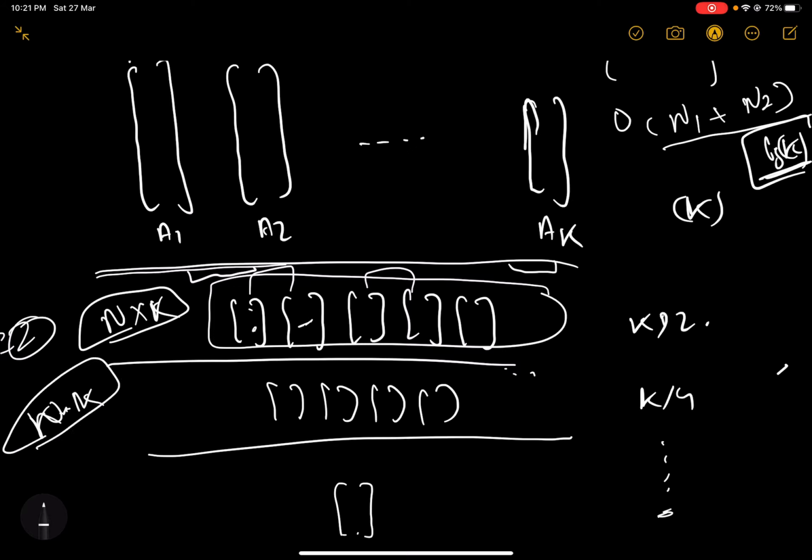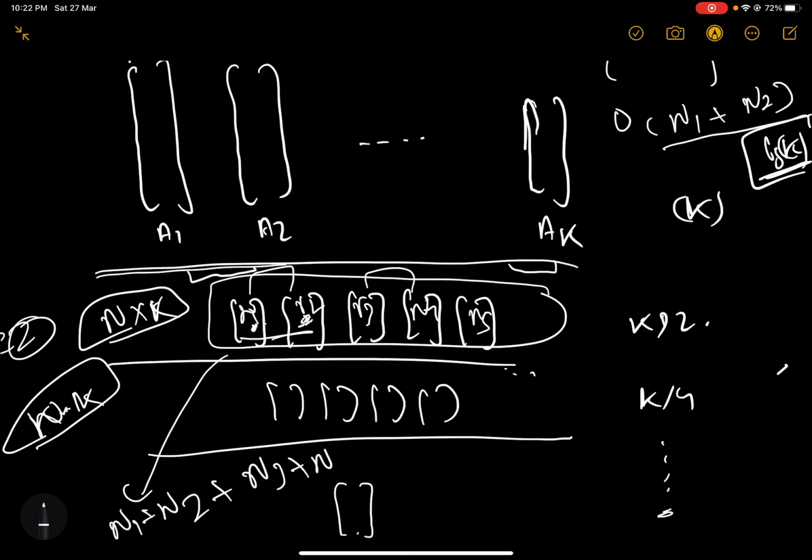Let's say the first array has n1 elements, the second one has n2 elements, the third one has n3 elements, the fourth one has n4 elements, and the fifth one has n5 elements. The time complexity for merging the first pair will be n1 plus n2, and for the second pair it will be n3 plus n4, and for the last element let's just let it be.